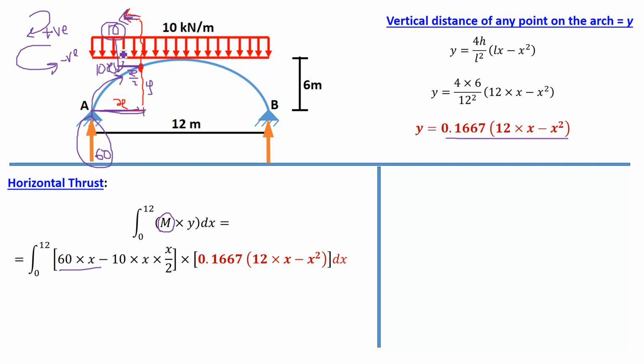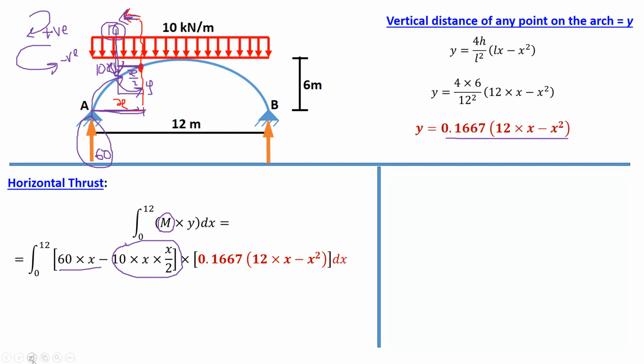So the moment of UDL will be 10 intensity into x span, 10x, into the perpendicular distance x by 2. So 10 into x by 2 is the moment because of UDL. Since it is vertically downward, at this point it produces an anticlockwise moment, so it will be minus. So 60 into x minus 10 into x by 2 is the moment because of reaction as well as UDL